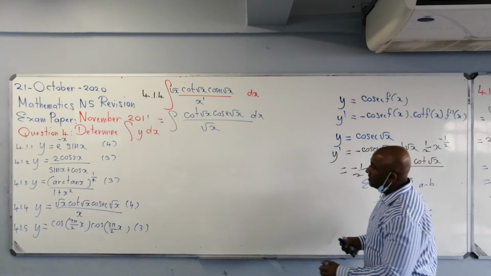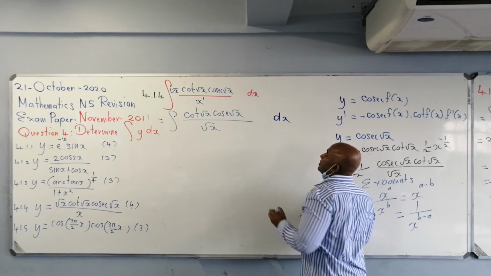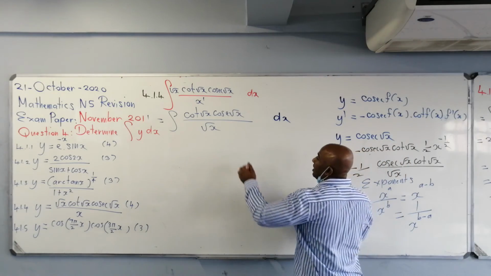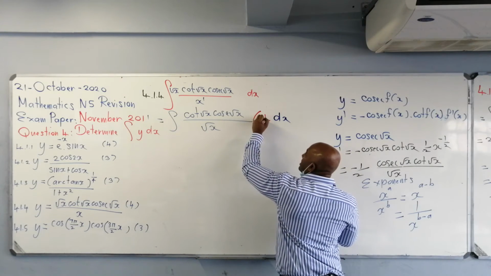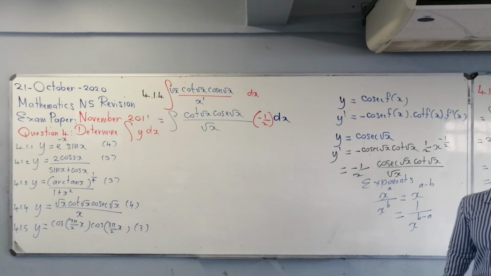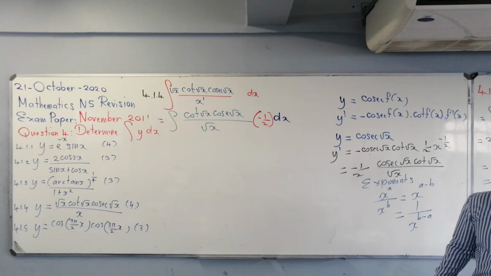So therefore, watch what I'm going to do now. What it's supposed to have is a minus 1 over 2 in order for it to be an exact derivative. So if I go and write down a negative 1 over 2 there,